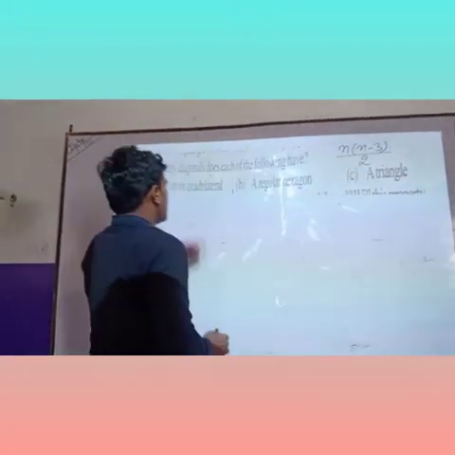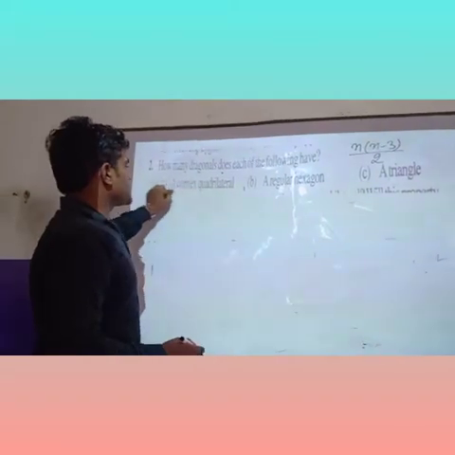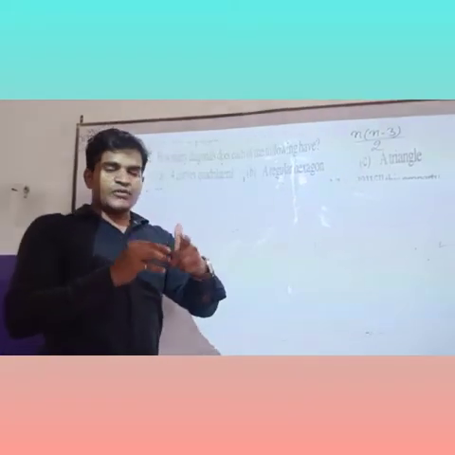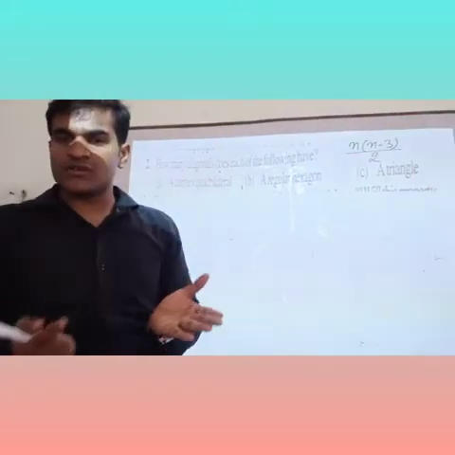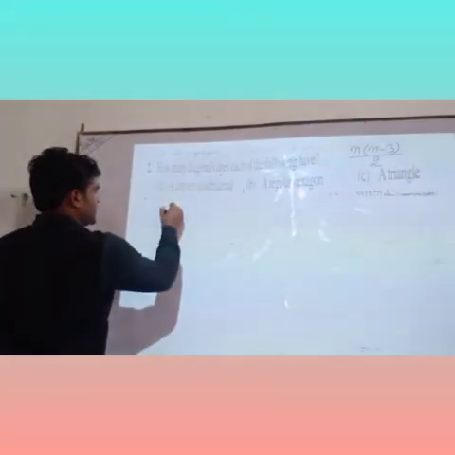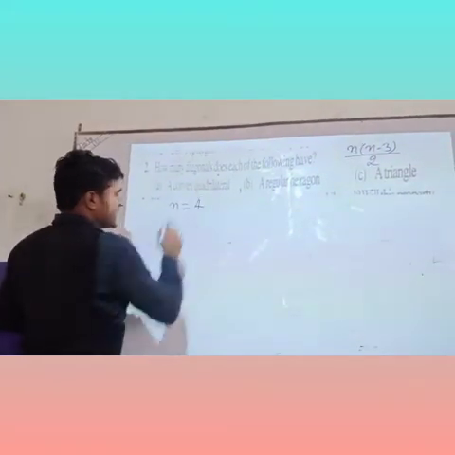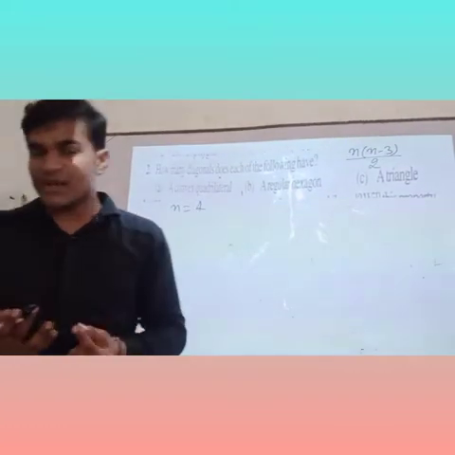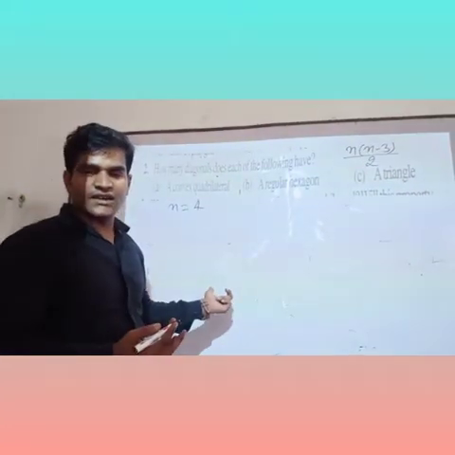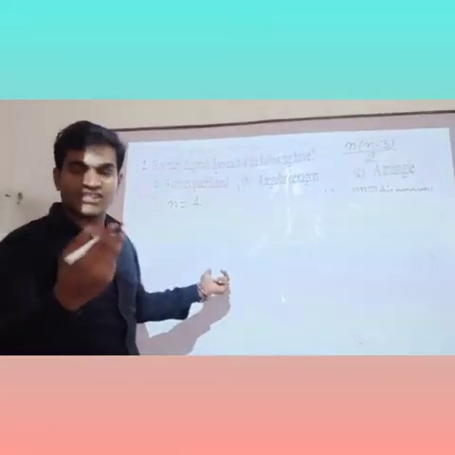Yes children. First is a given convex quadrilateral. In a convex quadrilateral, the number of sides n is equal to 4. N is the number of sides. A quadrilateral is given there, no? So a 4-sided polygon is called a quadrilateral.